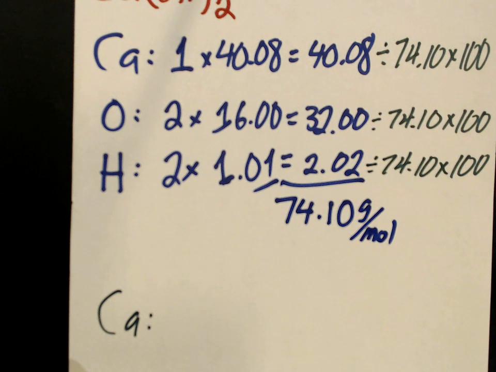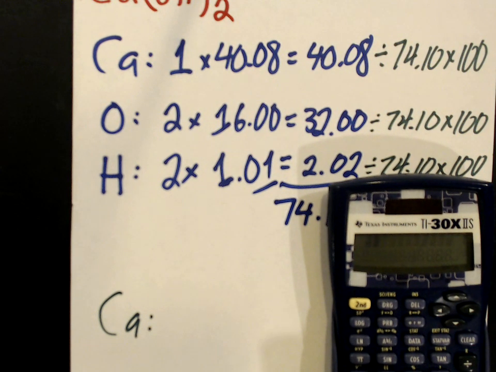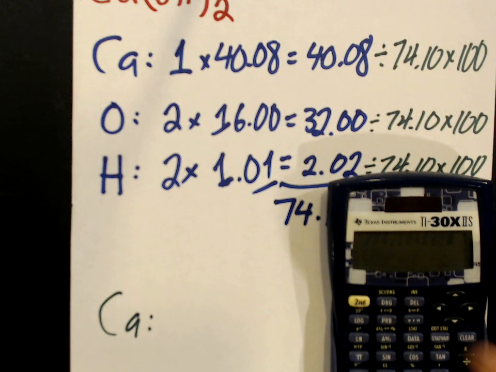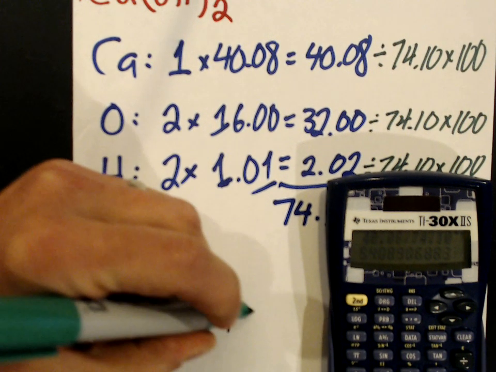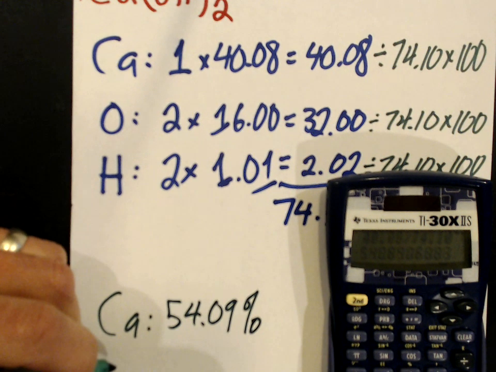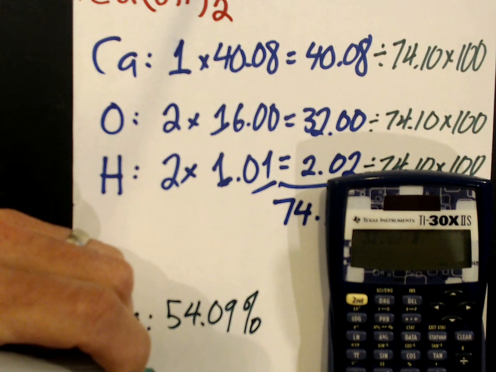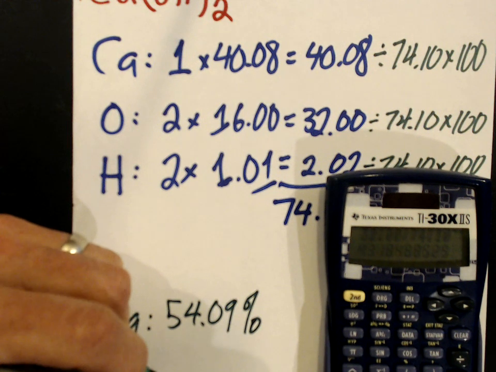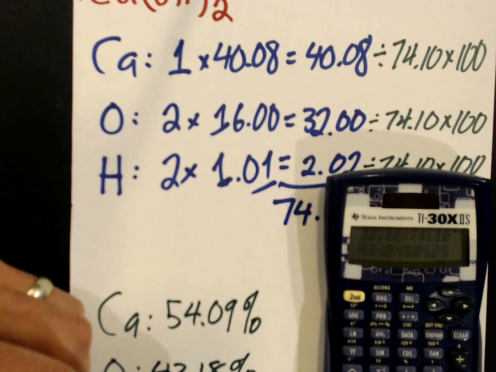So, nope, wrong one. Okay, technical difficulties. Put it on camera here. 40.08 divided by 74.10 times 100. Whoops, delete that. 2 decimal places, we're going to get 54.09%. Oxygen, 32.00 divided by 74.10 times 100. 43.18%. Hydrogen,